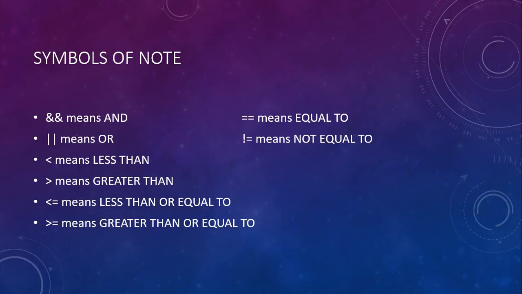Now, some quick symbols of note here for you as we start looking at these different things. The first thing is the double ampersand, as we already mentioned, means and. The two vertical bars that you see, that means or. Obviously, a left arrow bracket means less than, and a right one is greater than. Now, because we don't have a symbol on our keyboard to represent less than or equal to or greater than or equal to like we do in math, we have to follow that up with an equal sign. So this symbol right here and this symbol right here,